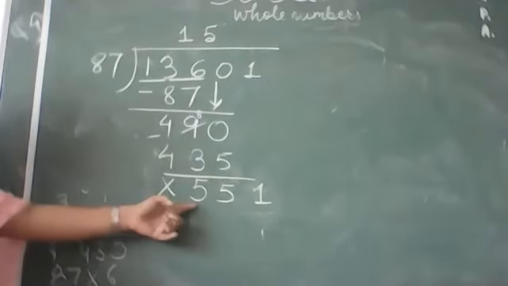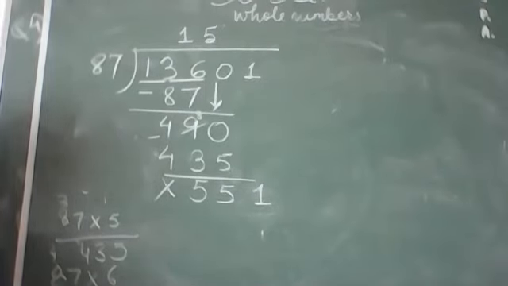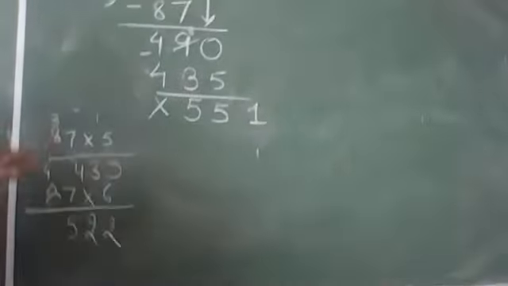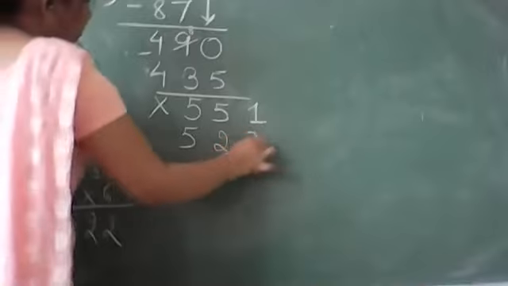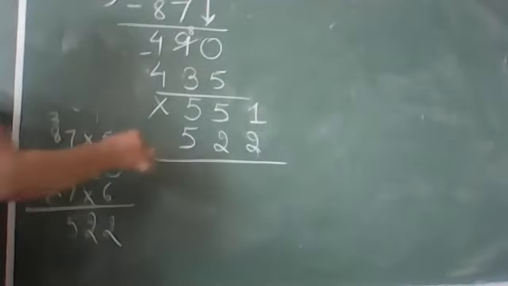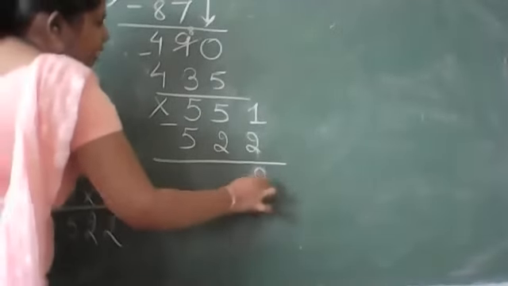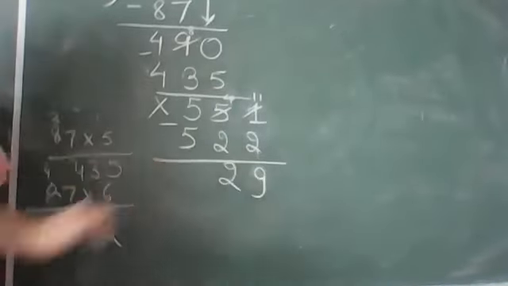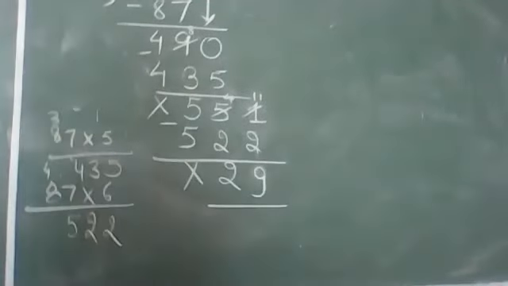Now see this. 551 has come again here, and now see we have written it also. 551 से just closer कौन सा हो जाएगा बेटा? 522, which we have done 6 times. Recently we have done it, है ना, 6 times. So we will write it down 6 times, which is giving us 522. Now we will subtract this. Minus, we will do 11 minus 2. It will give you 9 here. It will give you 4. 4 minus 2 will give you only 2. 5 will get subtracted and the answer will be 29.